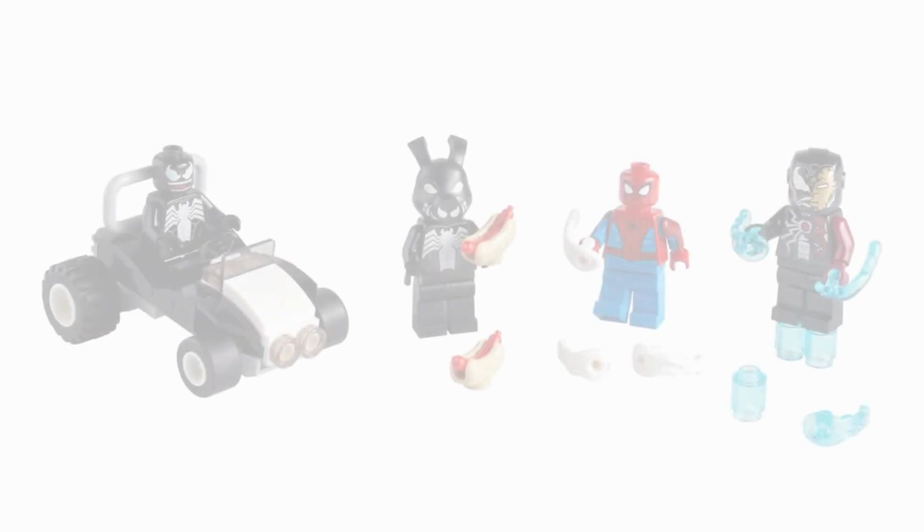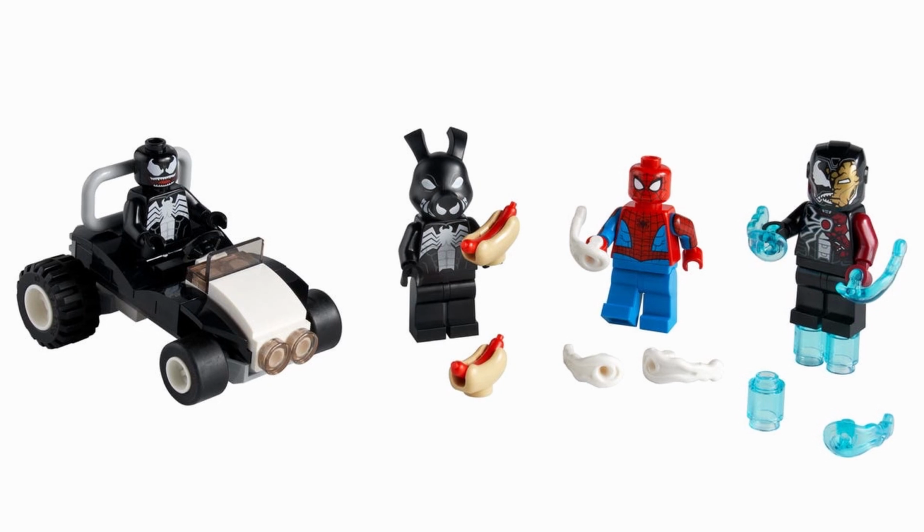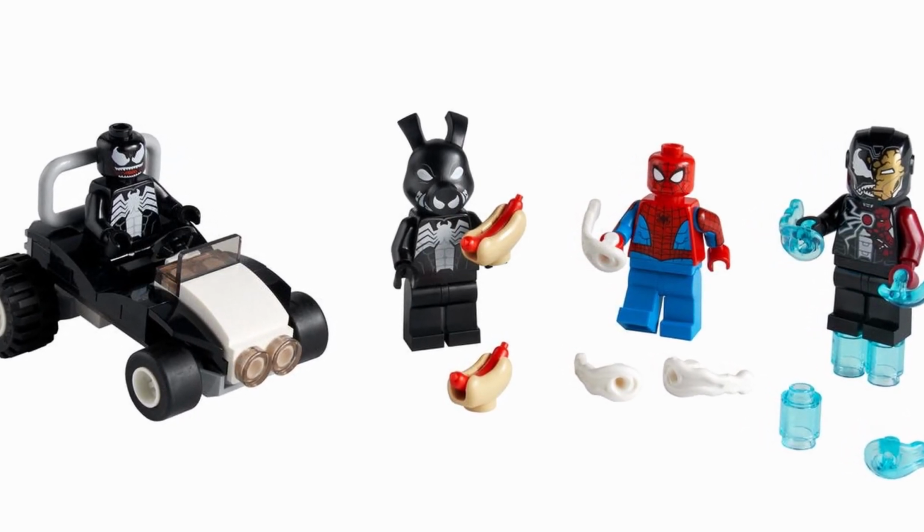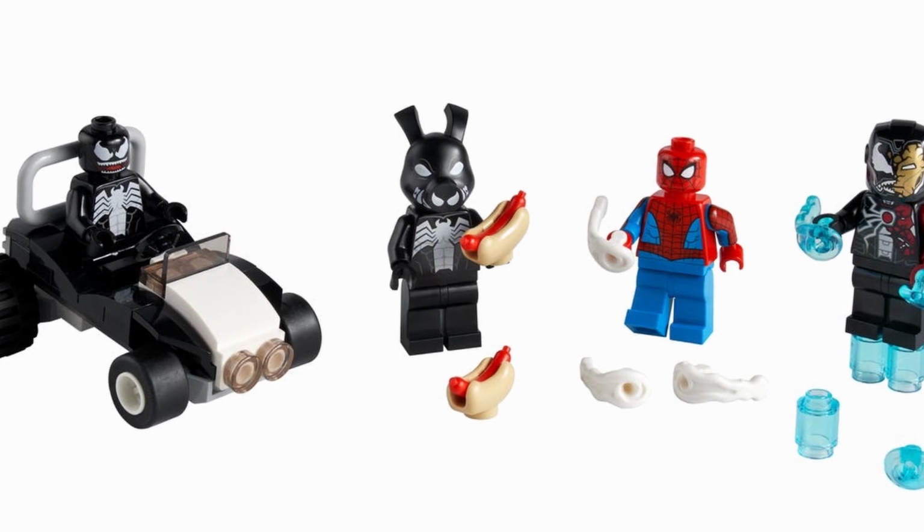Alright, now the final set that we have here is one that I just wanted to briefly discuss. I left it for last here because this set's already released. I've seen a few reviews of it on YouTube, so I know that people can already get their hands on this set, but I still wanted to share my thoughts quickly as well. It's set number 40454, Spider-Man vs. Venom, and Iron Venom. It's going to include 63 pieces and retails for $15 in the US and then $20 in Canada,